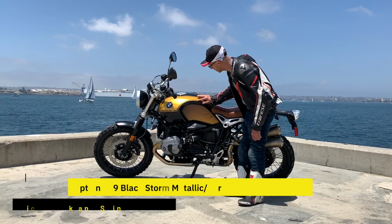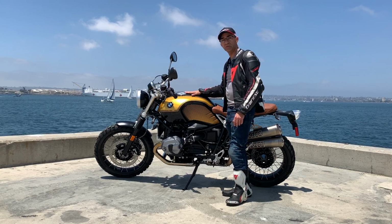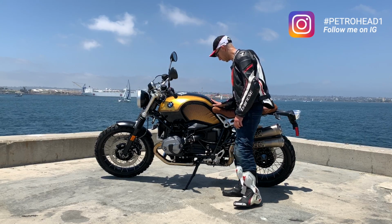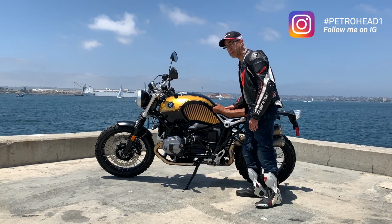These lines are pretty well done. They're pretty crisp looking, absolutely beautiful. The tank is black, and it has little sparkles of metallic on it. It's absolutely gorgeous. And of course the seat is leather, and when I was sitting on it and I rode